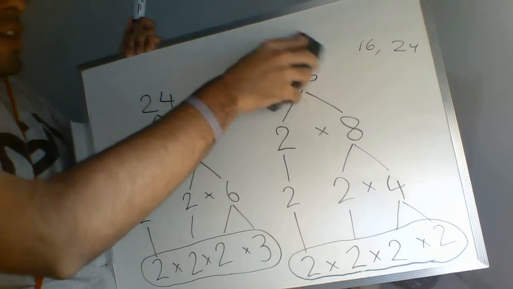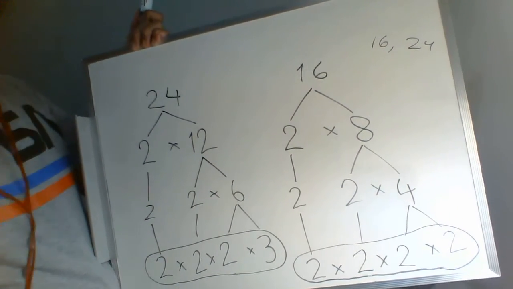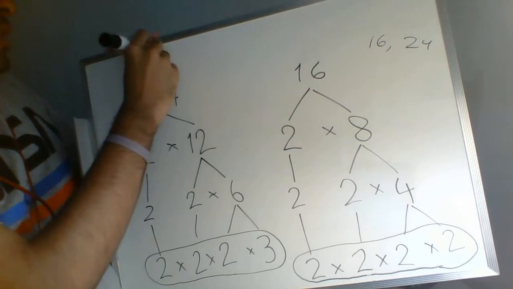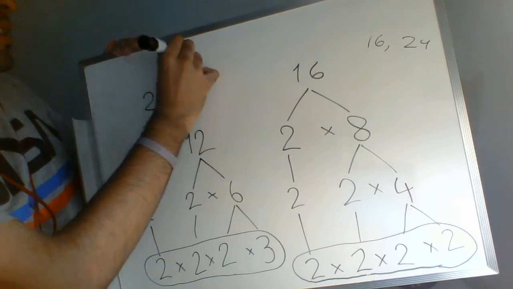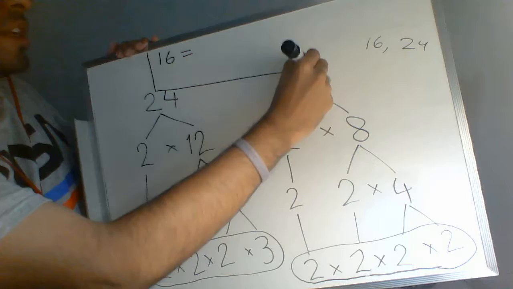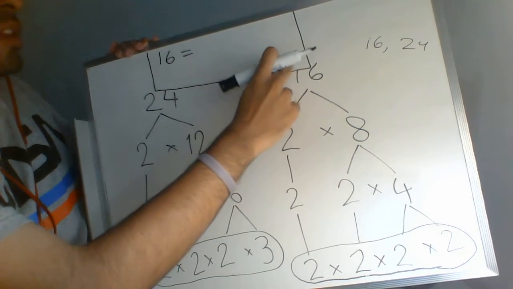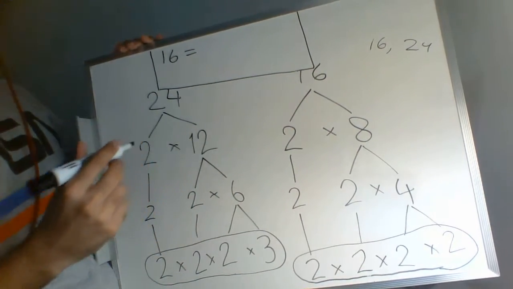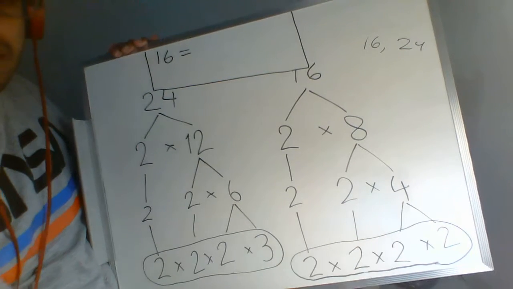Finding the highest common factor. We know that that's what we're doing. So I'm going to write down 16 is equal to, and I'm going to put a box here because we're going to have a whole bunch of numbers and I don't want it getting confused with the other numbers that we're writing. So we've got 16 equals, and we're just going to write down this thing that we've circled down here,